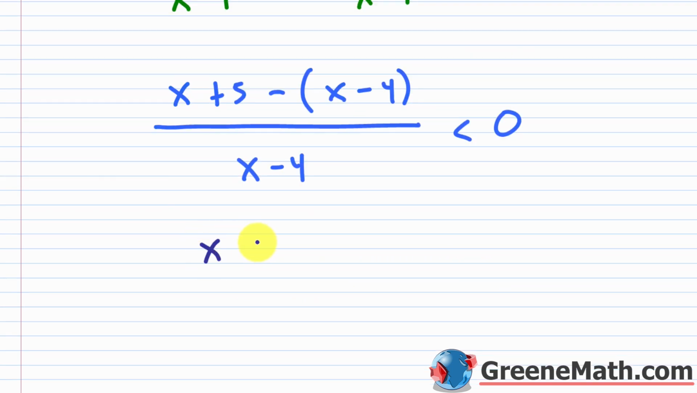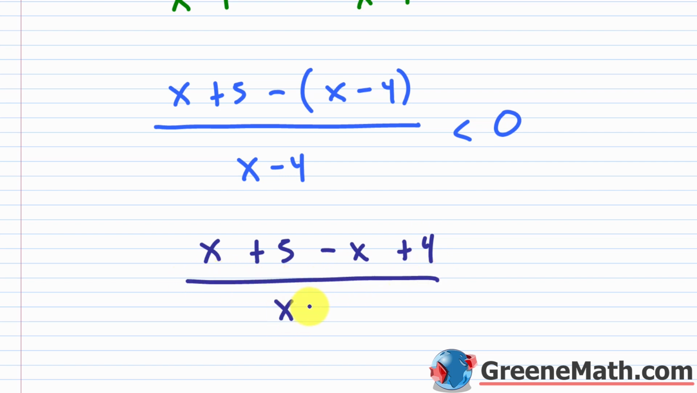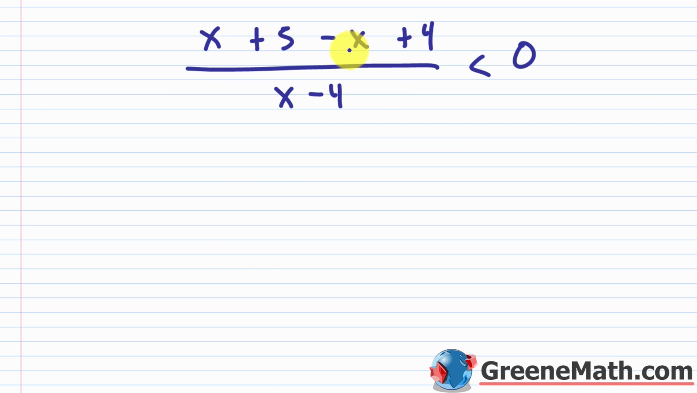We're going to have x plus 5, and then this negative is going to get distributed to each. So this is minus x, and then this is plus 4. And again, this is over x minus 4, and this is less than 0. So x minus x is going to be 0. So essentially, you just have 5 plus 4, which is 9, over this x minus 4 here, and this is